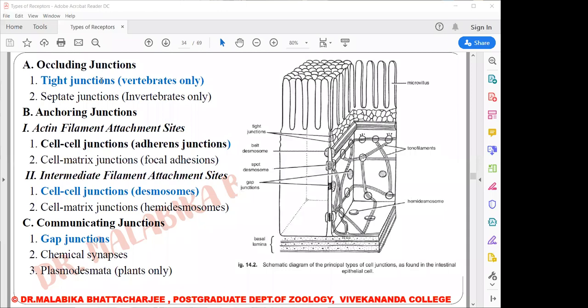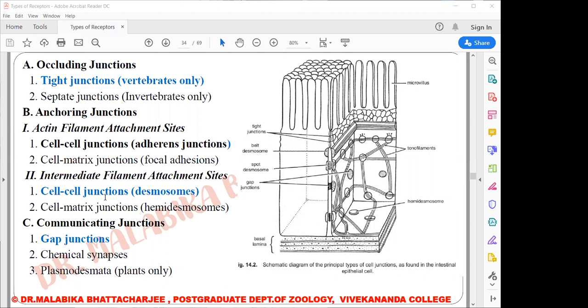Now, of the variety of junctions, occluding, the word occluding means removal of any gaps. It's occluded out between two corresponding cell membranes. Now, as you can see, there are three basic categories: occluding junctions, anchoring junctions, and communicating junctions. For your syllabus, even though there are multiple varieties, we will stick to the blue examples only, the tight junctions. So we'll be studying in detail the tight junctions.